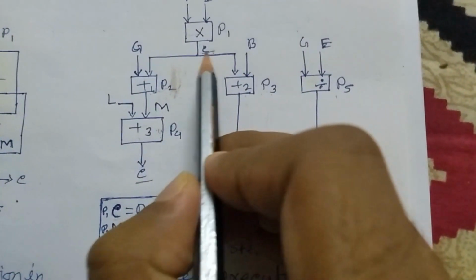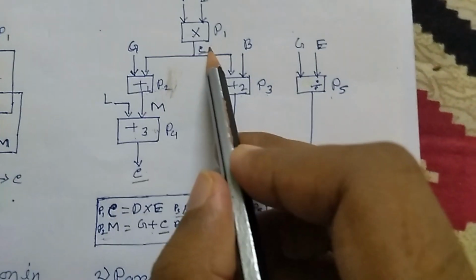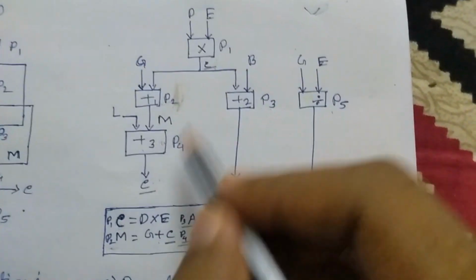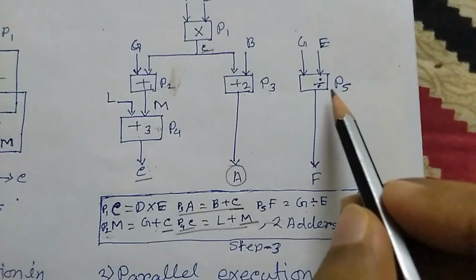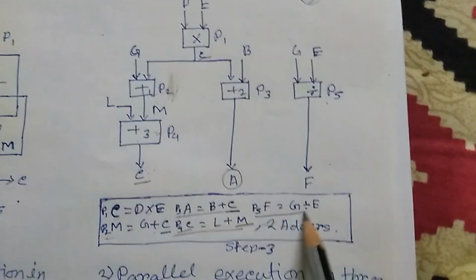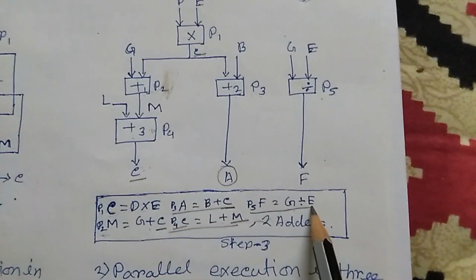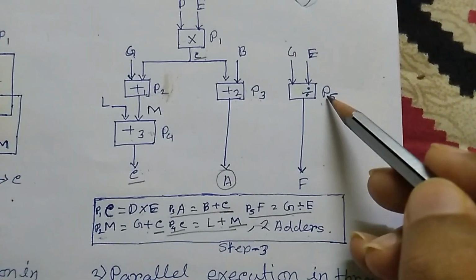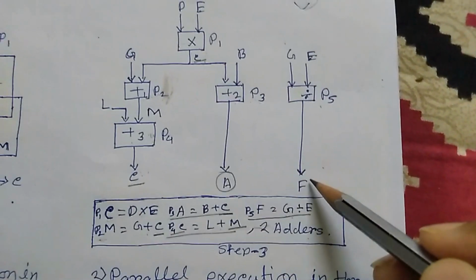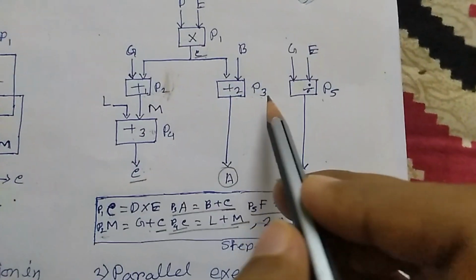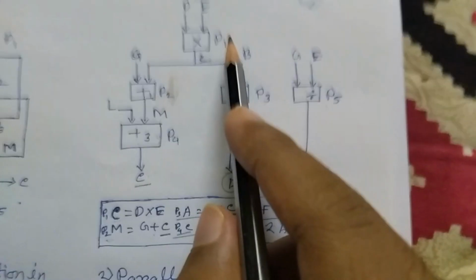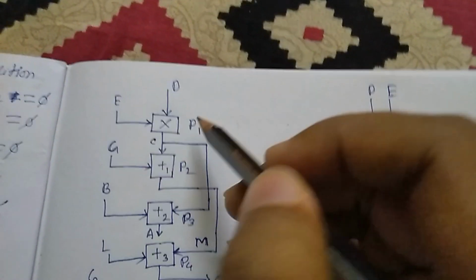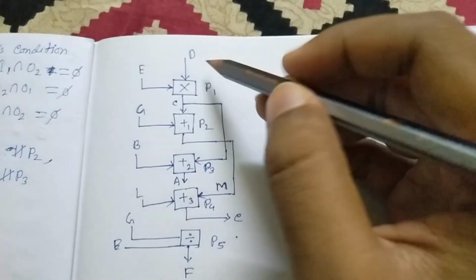This C and that C are different and they use the same storage location at different times, so there is no resource conflict. For P5 this operation is totally different and the inputs are also different, so it gets G and E, divides and generates the output F. If we perform these same operations in a linear way, we can see this diagram.